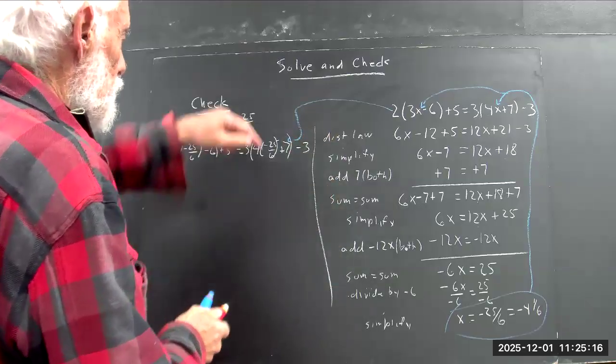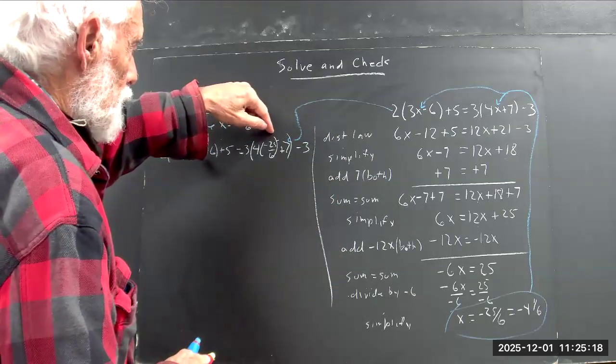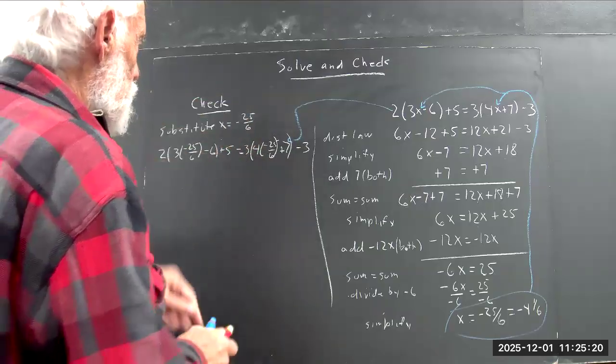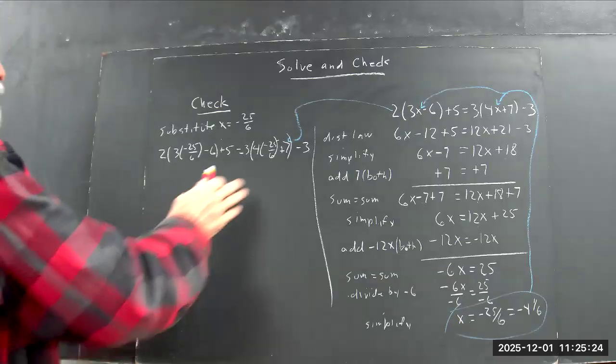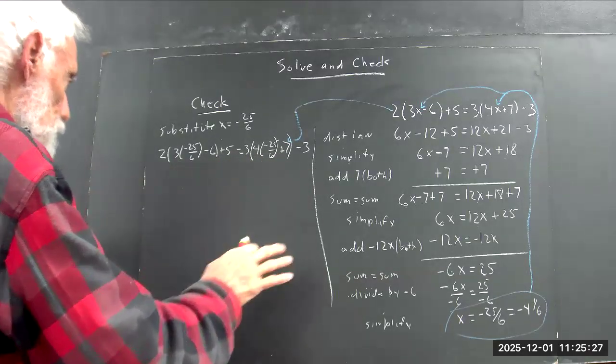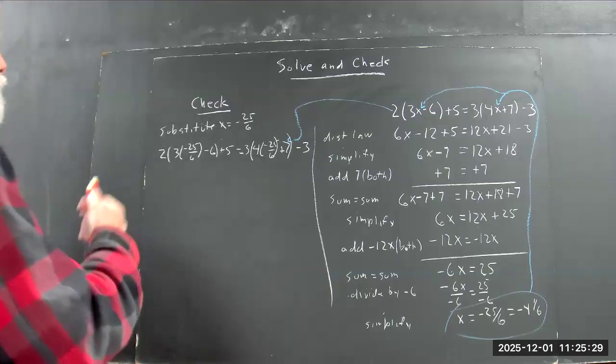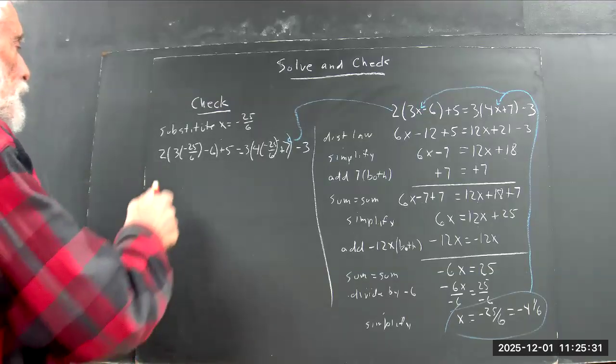Might get a little hard to read. That kind of cut my negative 25 and my 6 with the parenthesis. It's too close. I'm trying to squeeze things in here. But you can write this out yourself. Make sure it's correct. So what do we do? We first